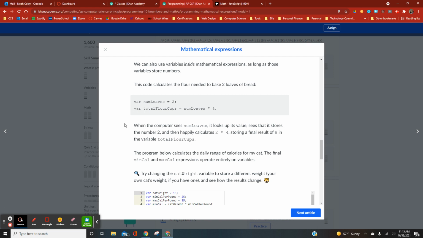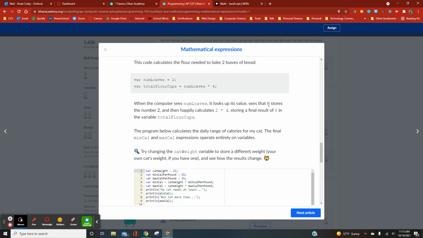That would give us the total cups of flour. Okay, so when it looks up to see the value is stored as number 2, and then happily calculates 2 times 4, the final result of 8 in total cups of flour. So it's just thinking logically. Remember, everything has to build up to scaffold up to a higher level so that we can do more difficult